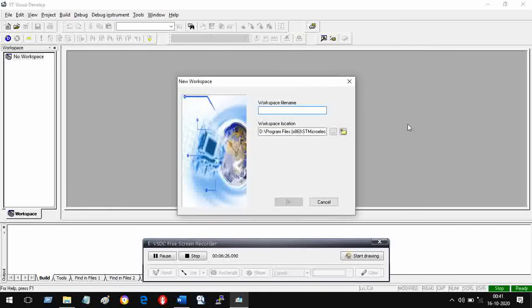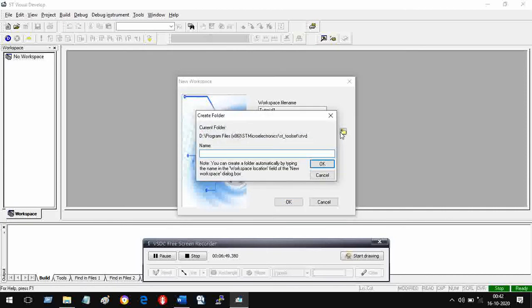It asks what the workspace file name is. Here I call it tutorial 1, and where you want to locate it. Suppose you want to locate it here itself, but in the STVD folder you form a new folder.